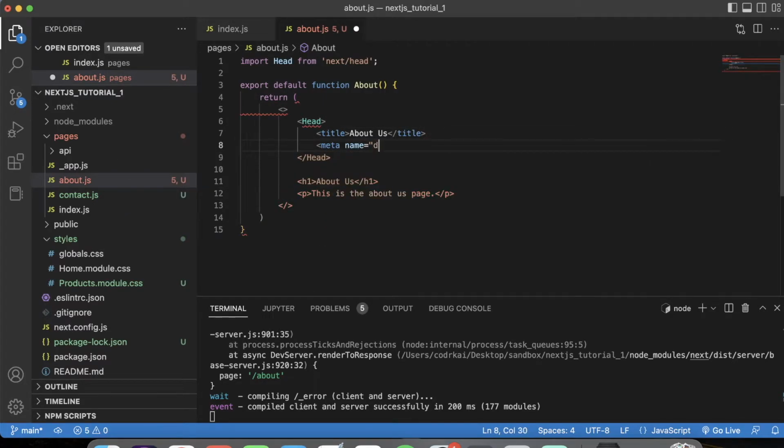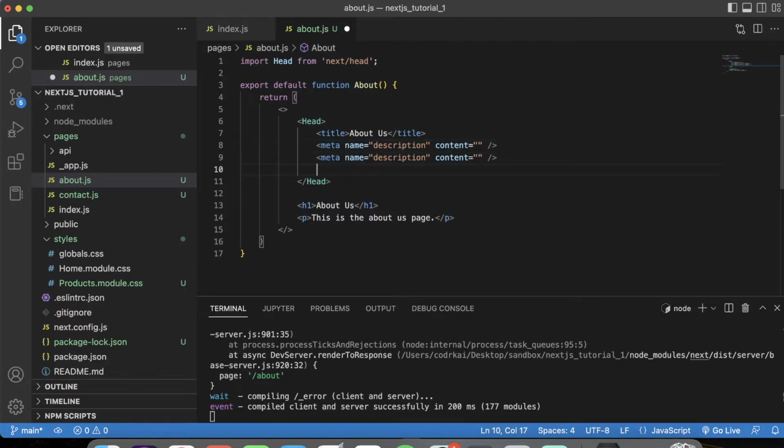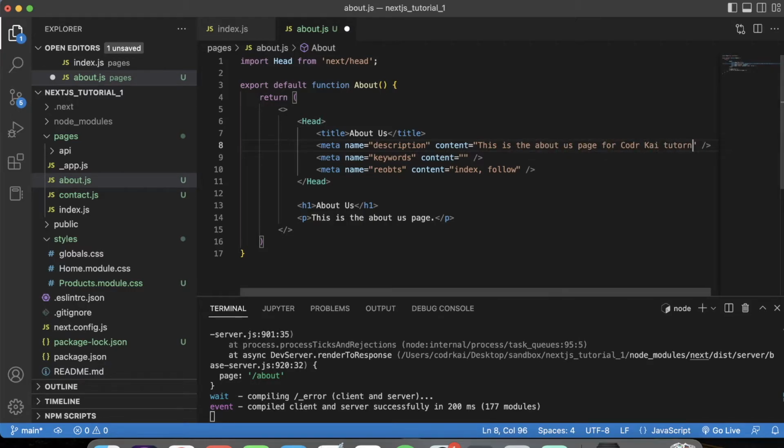Meta name, description, content equals yada yada yada. And the thing with SEO today is that a lot of this isn't really important anymore. You can have the description, the keywords, but search engines really don't care for keywords that much anymore. You can do the robots too right here, where you say index follow, and you can give a description. This is the about us page for coder tutorials or something like that. And you know, keywords in here,